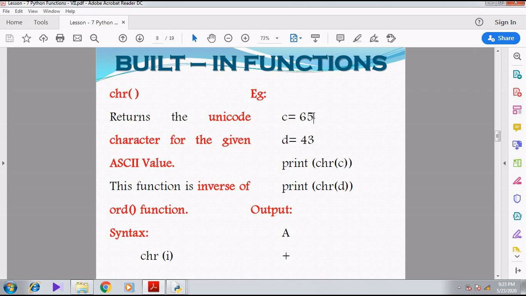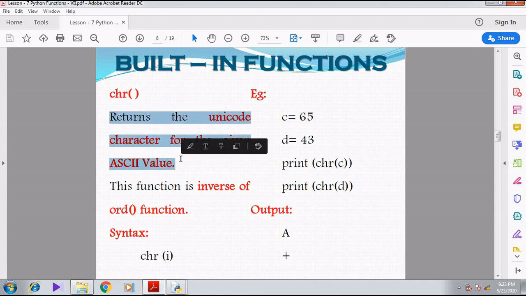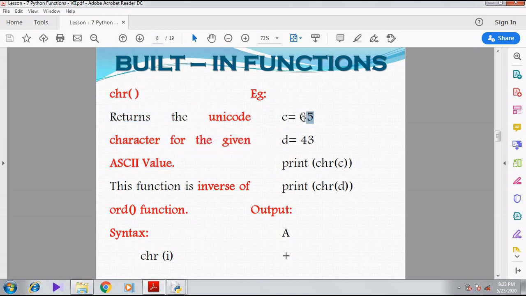So instead of 65, it shows capital A, because the CHR function is used to return the Unicode character of the given ASCII value. Whatever value we pass, that value's Unicode character will be displayed.